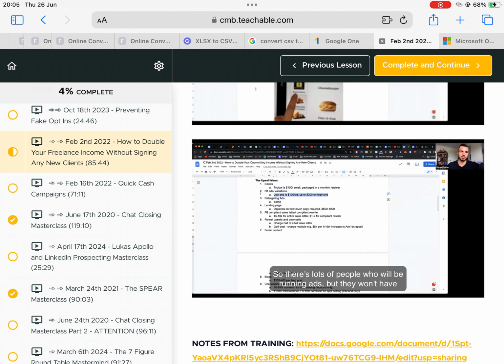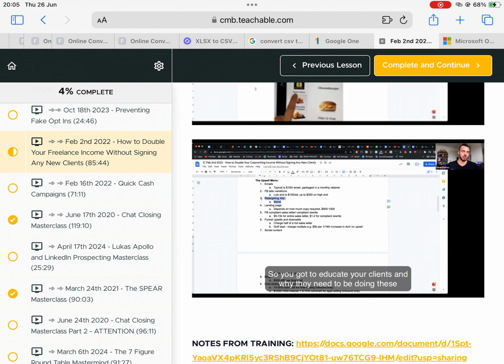Same deal, same cost, same everything. And it's really important. It's a big opportunity. There's lots of people who will be running ads, but they won't have retargeting ads. And you can inform them that they're missing out on so much revenue. It's like following up, right? How important would you guys say following up is? It couldn't be more important, right? It's where like 70-80% of sales come from in pretty much every business. So why wouldn't you be following up with your ads? It's the same thing. You need to be targeting people and following up, because not everyone's going to buy the first time.